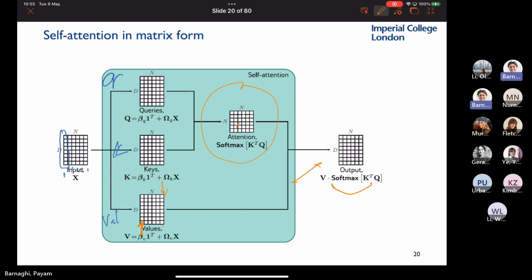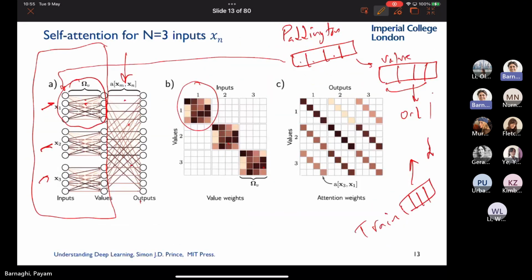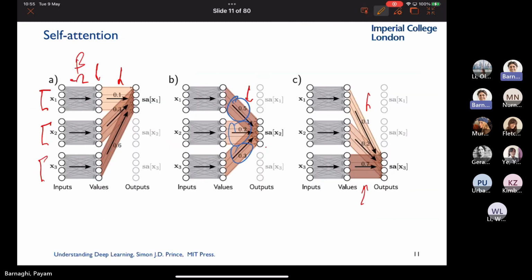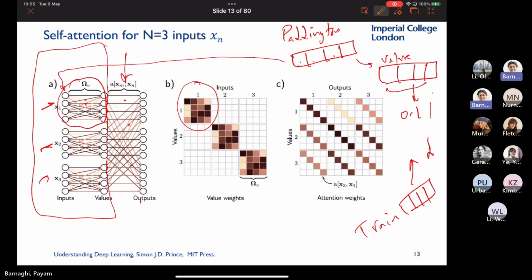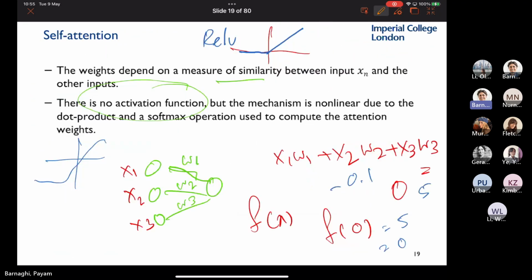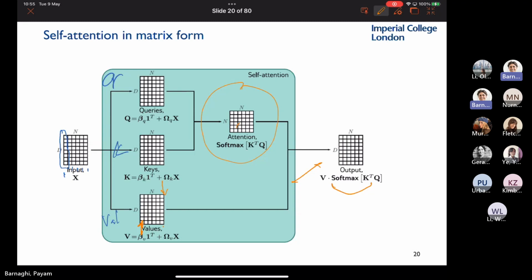So why are you combining the attention part with the values? I didn't understand this last step. The question, for our colleagues online, is why you are multiplying the self-attention weights with the value, the input itself. I'll just go back a few slides. This was the very first one, which we had here. And Fatima asked the question of how you calculate these attention weights. Basically, use the top part of that diagram. These are the calculation of those weights. Here you're calculating the self-attention from each word to the other word.